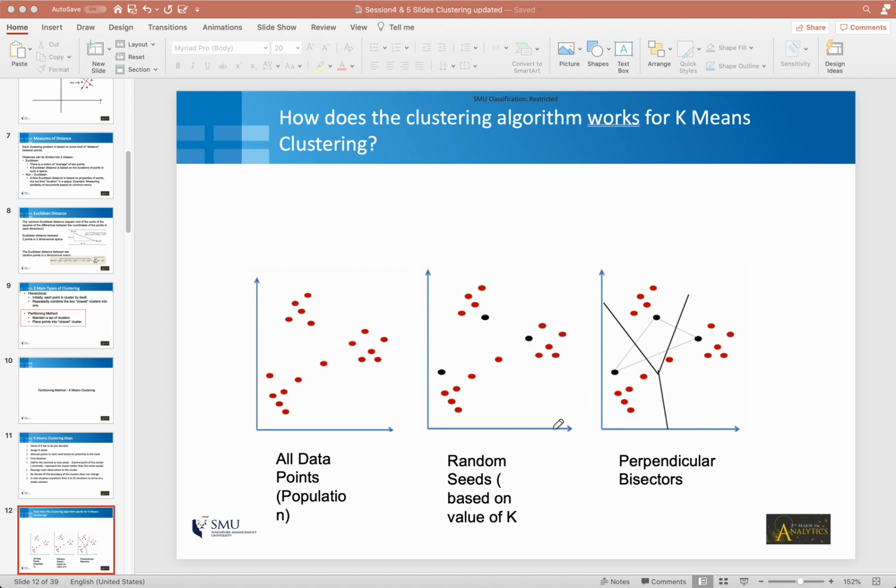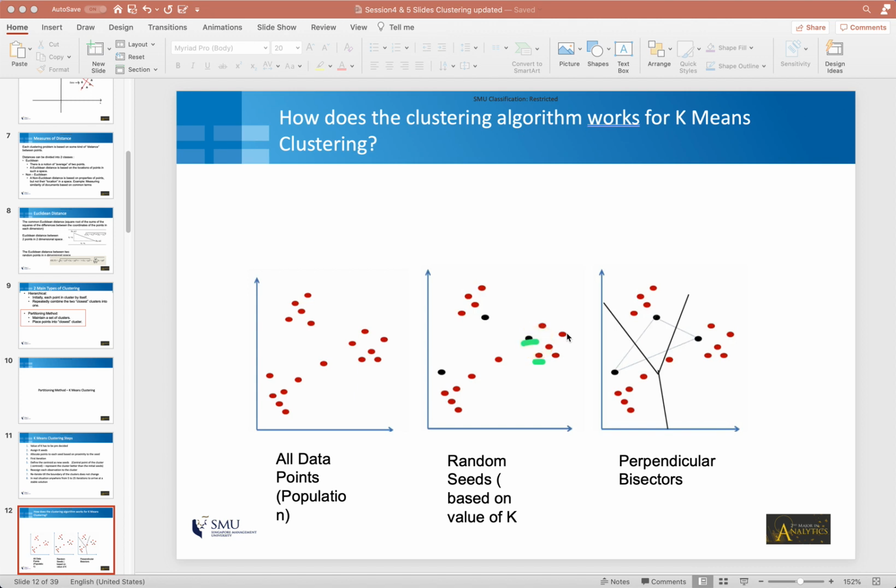Now let's proceed. The next thing we have to do is to assign observations to the 3 centers. In other words, for each of these red observations, we are going to calculate the distance from the 1, 2 and 3 centers, and then assign that observation to the center which is closest to it. As an example, let's say I was working with this particular observation. This observation is closest to center 3, which is this black point here, so this observation will be assigned to this center.